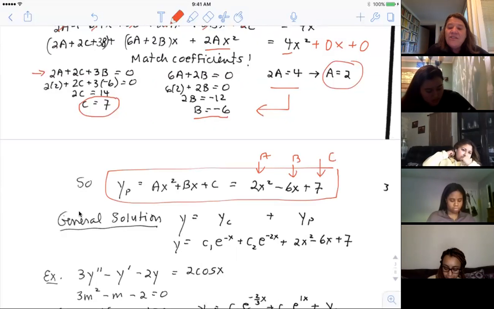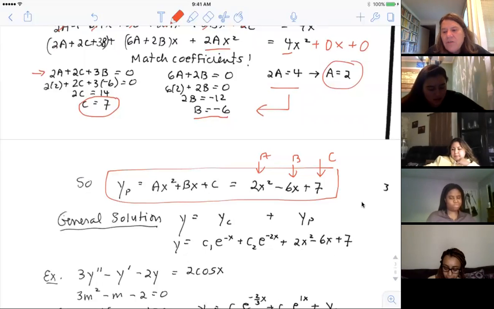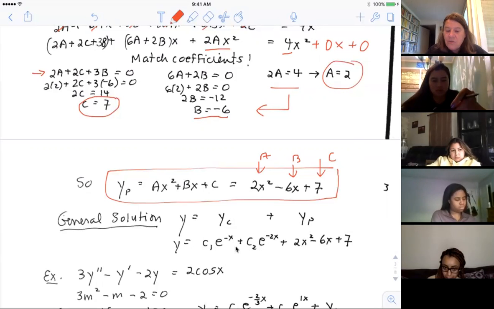Now, you haven't finished the problem until you write the whole general solution. And the whole general solution consists of the YC plus the YP. Again, if I were to take that to the original DE and plug it in, all of this stuff would cause the DE to be 0. If you put this in, you should get 4x squared on the other side. So if you want to do a quick check on whether your particular solution works at all, you could take the derivatives, plug that thing in, and verify you get 4x squared. These things are the homogeneous solutions, so they cause things to be 0.